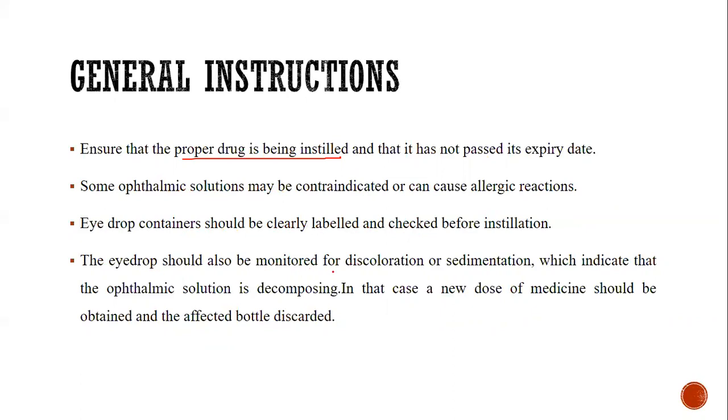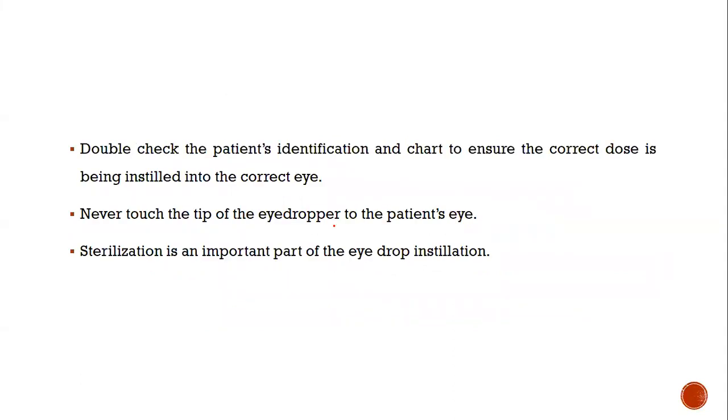Eye drop should be monitored for discoloration or sedimentation. Before instilling the eye drop, we should confirm that the medication does not have any discoloration or sedimentation. If you find so, you should not use it, or you should replace it with a good one, which indicates that the ophthalmic solution is decomposing. In that case, a new dose of medicine should be obtained and the affected bottle can be discarded. Okay. Then double check the patient's identification and chart to ensure the correct dose is being instilled into the correct